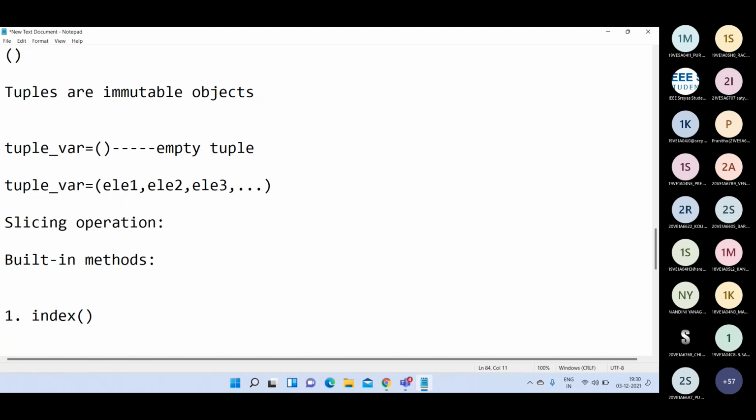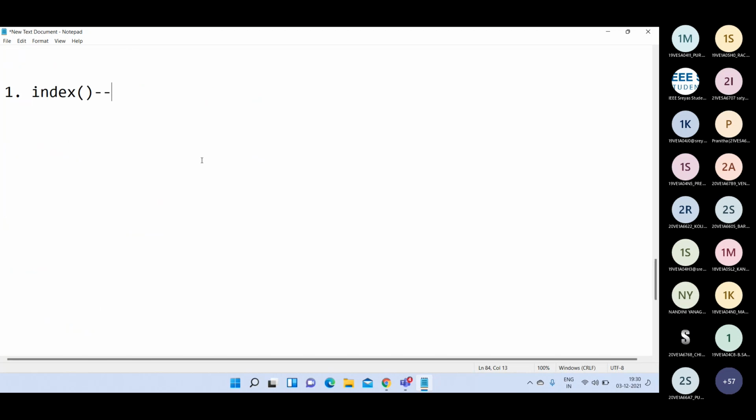index. Okay. The first method is the index method. This method's purpose is to obtain the index of the specified element. If you want to know the index of the specified element, you have to use this index method, or we can say index function. Okay.